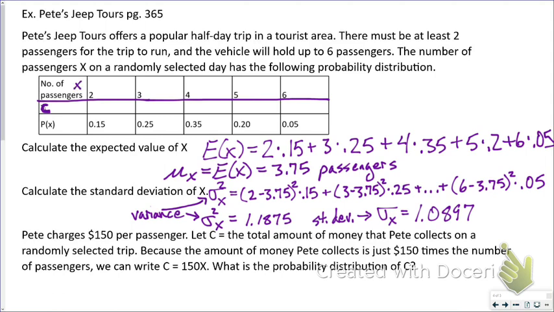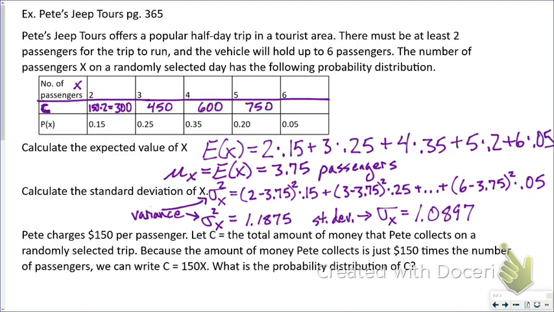So he's charging $150 a passenger. That means when he has 2, he's going to collect $300. Right? Here, let me write that down. 150 times 2, 300. 150 times 3 is 450. I think you know now